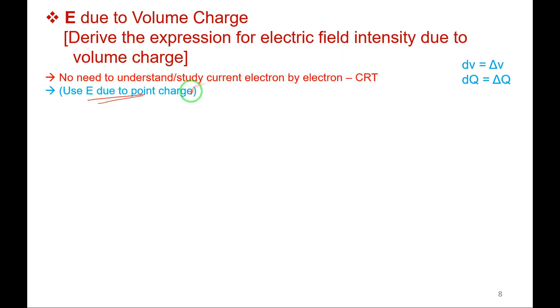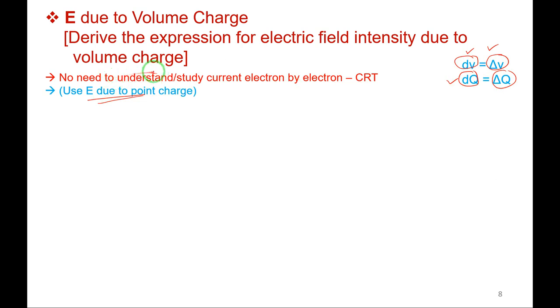Then one more thing I want to make clear. The differential volume, the small volume, I will write as dV. I can also write it as delta V. Both are one and the same. Sometimes I write this, sometimes I write that, no problem. Don't get confused. And the differential charge, dq, I can also write as delta q, one and the same. dV is equal to delta V, dq is equal to delta q: differential volume and differential charge. Please keep this in mind.